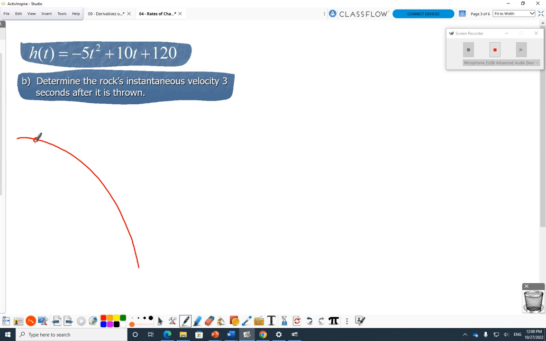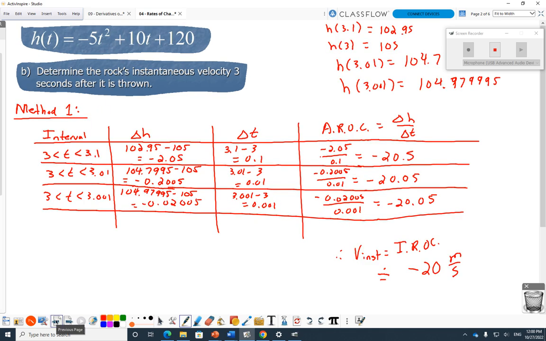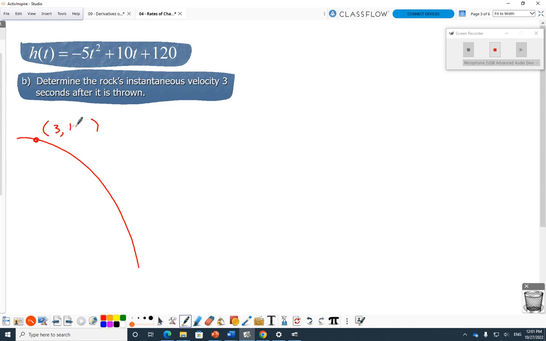And then you get your initial point, which was 3 comma, well, what was it? When I subbed in 3, I got 105. So I got my initial point of 3 comma 105. And the key to method 2 is going, I'm not going to announce what the second point is. I'm going to say it's t comma, and I'll figure out what the t's are later, t comma, here's the height, negative 5t squared plus 10t plus 120. And then I make what's called a